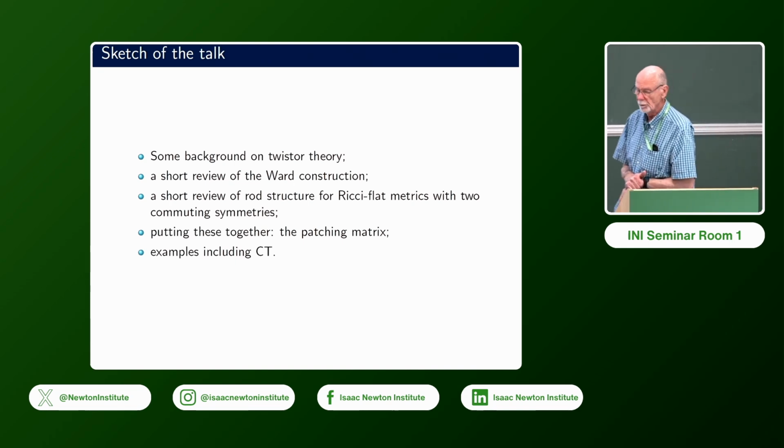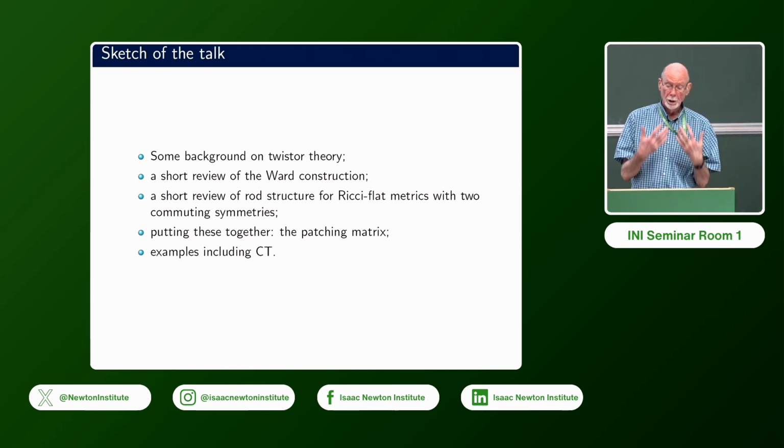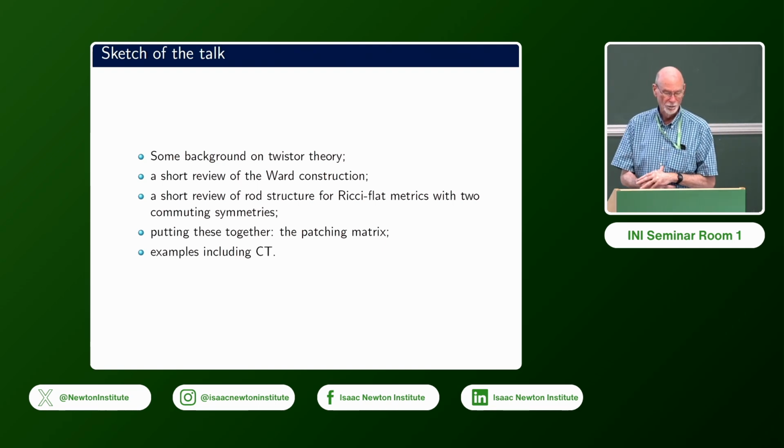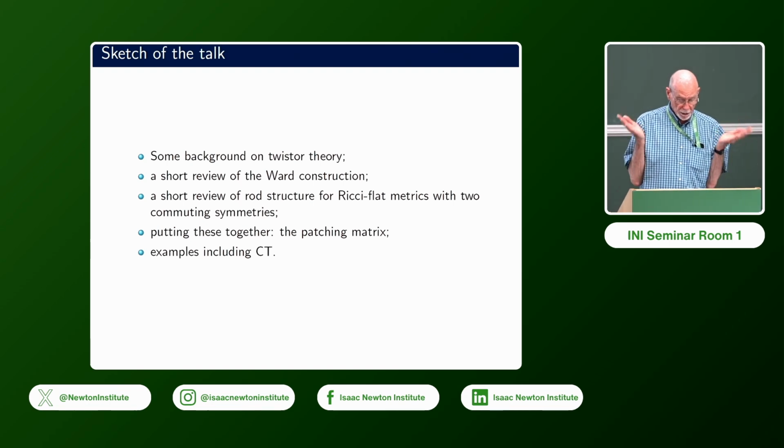Okay, so a sketch of the outline. These are the 5 topics we're going to cover. First of all, a bit of background on twistor theory, and once again, mostly what you'll get from this is the simple pleasures of recognition, because I'm sure most people would have seen it before. A little review of the Ward construction, and then when it comes to the Ricci flat metrics with 2 commuting symmetries,